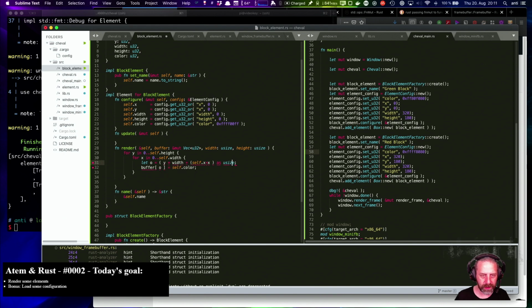Probably we can just put the size on the very outside here. Width. Yeah, and then obviously here it's y plus self.y. I'm not sure why I didn't hit the plus key here. I mean, this is such a horrible pixel fill loop, I don't even want to look at it, but